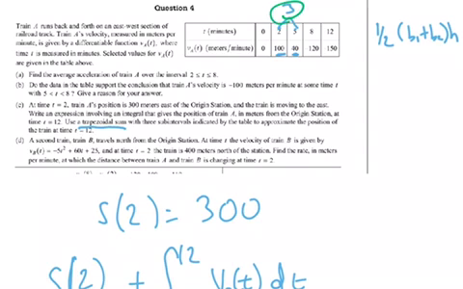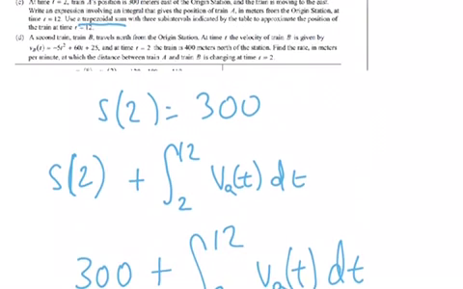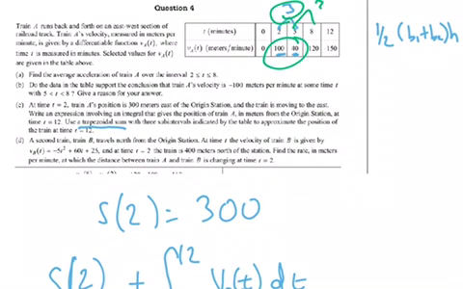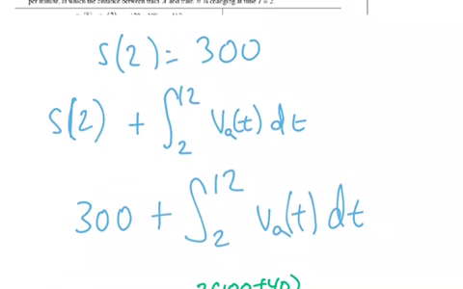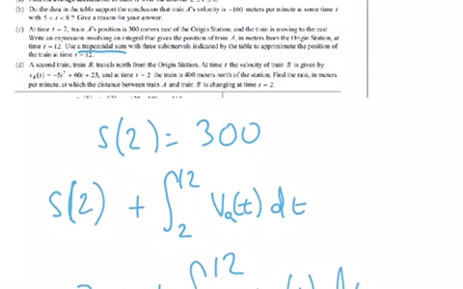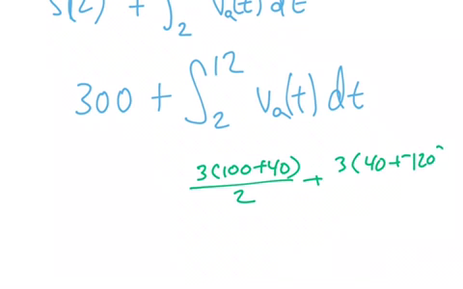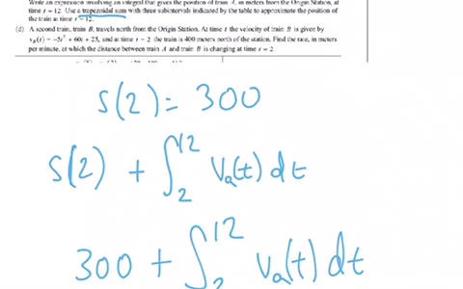It's 3 times 100 plus 40, divided by 2, plus 3 times 40 plus negative 120, divided by 2, plus